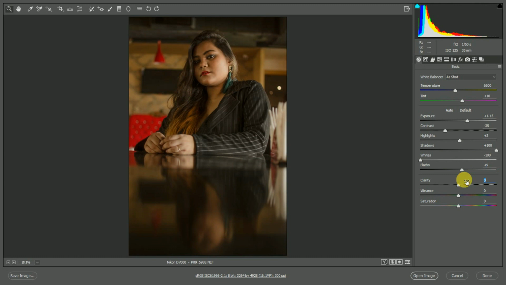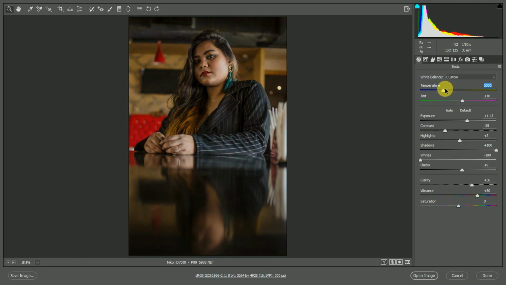Now the clarity brings life to a picture and it becomes very pleasing to look at. If the reflection is good, the subject is good. When you increase the clarity of the subject, the subject looks good, although there are spots in the cheeks, but I'm gonna show you how to correct that. The reflection becomes vibrant, so I'm gonna increase the color vibrance, and there's a lot of yellow and orange in it. So to give a pleasant look, let's decrease the temperature